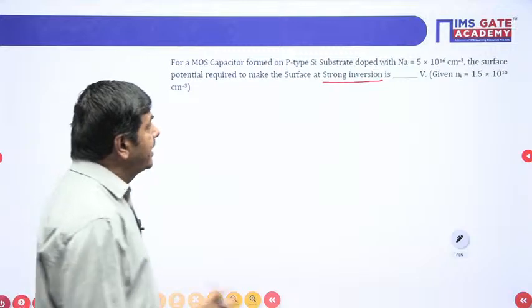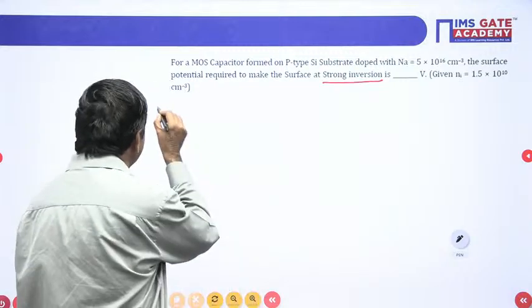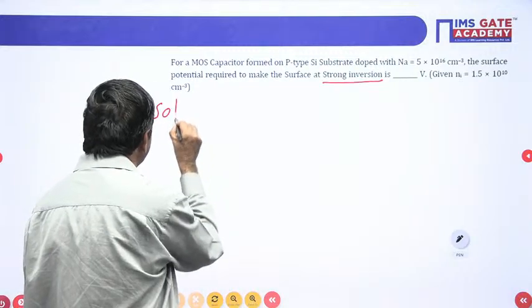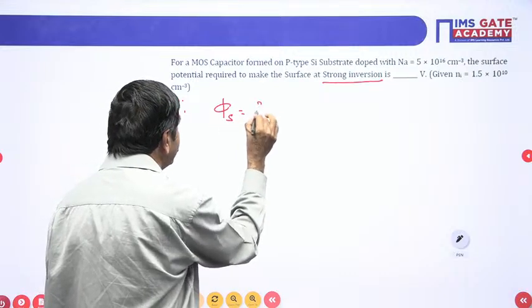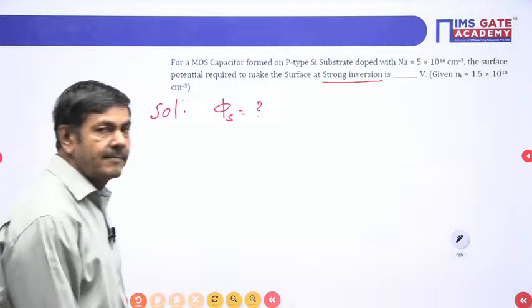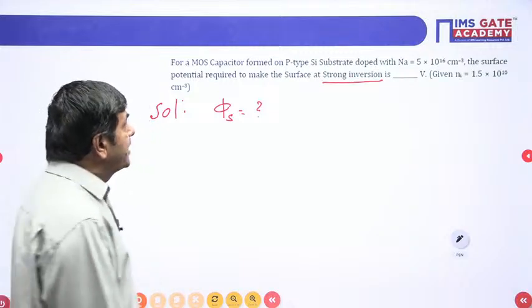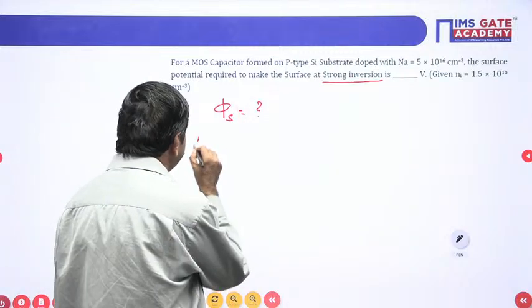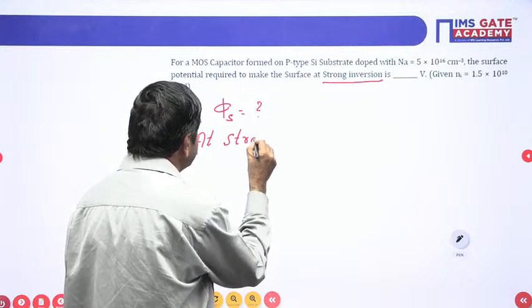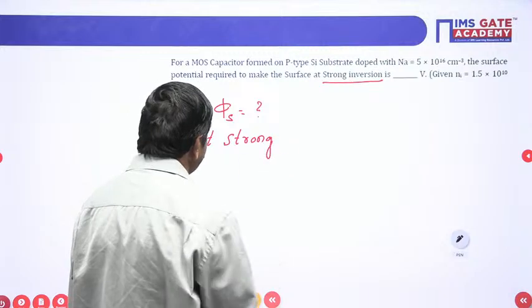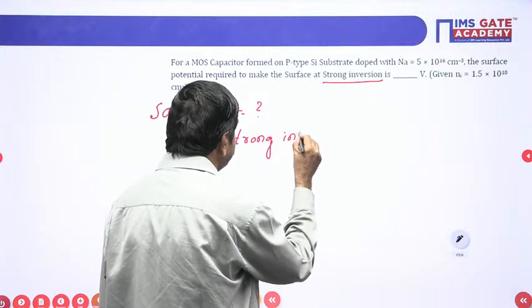What is given? Na is given. He is asking to find the surface potential. Surface potential is given a symbol of phi suffix s. That value equal to how much? But I wish to say at strong inversion, if it is given strong inversion, you must use, at strong inversion,